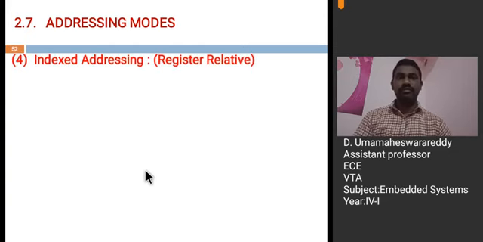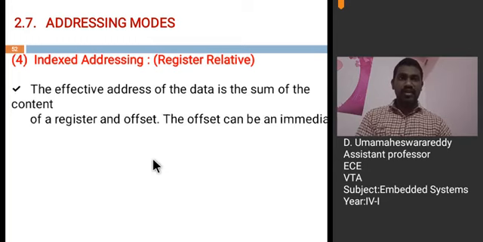Next, index addressing or register relative addressing. Index or register relative addressing means you will specify some relative address or offset in the instruction. Therefore, the effective address of the data is the sum of the content of a register and the offset.